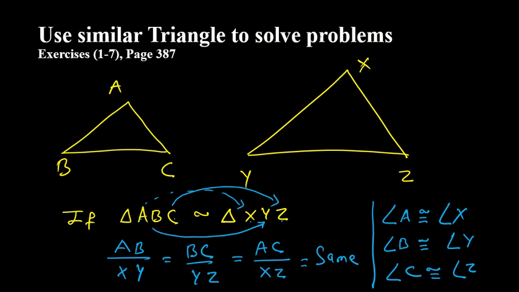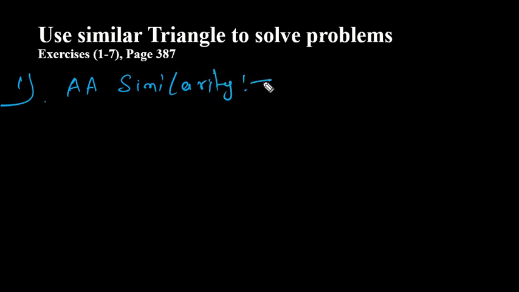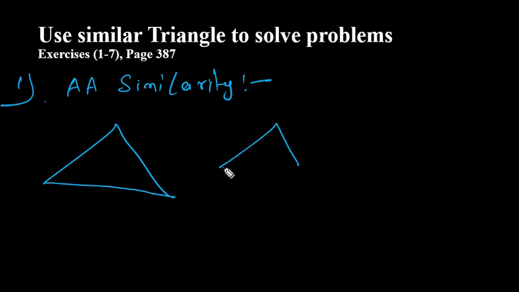Okay, let's talk about some specific types of similarities now. This is the general idea. Now we have some specific types of similarity, out of which the first one is angle similarity. So we call it AA similarity. So how does that work? Again, two triangles. Let's call them ABC,